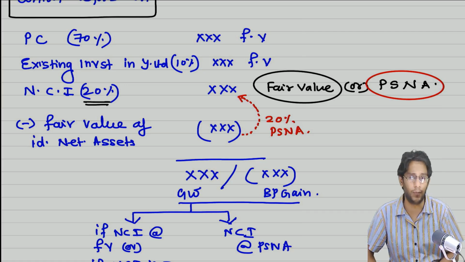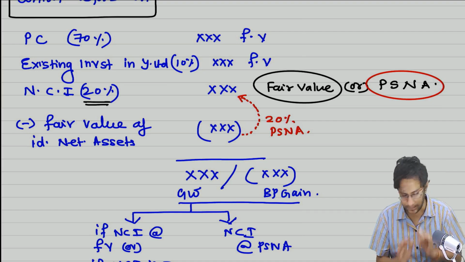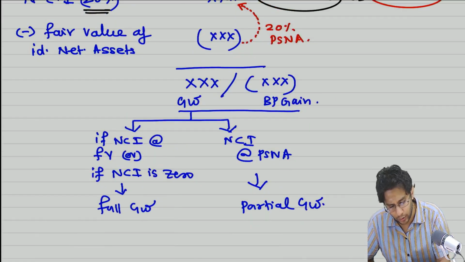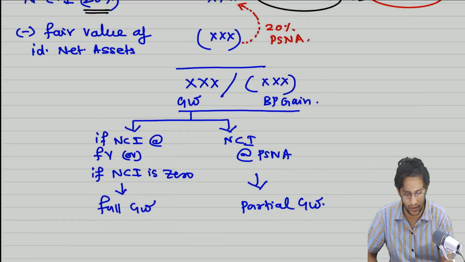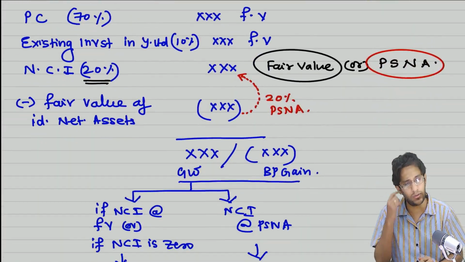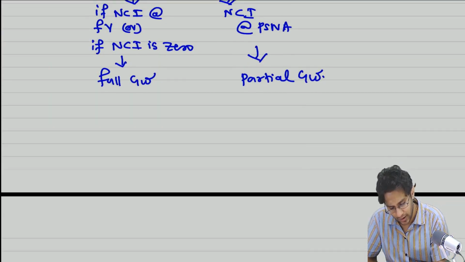So this is a story about your goodwill measurement and also NCA measurement. Now, suppose you did not get a goodwill here. You got a bargain purchase gain, or for that matter here also you got a bargain purchase gain. So the general rule is we'll call it a capital reserve, but actually what the standard prescribes is a bargain purchase gain. Getting a bargain purchase gain is rare.